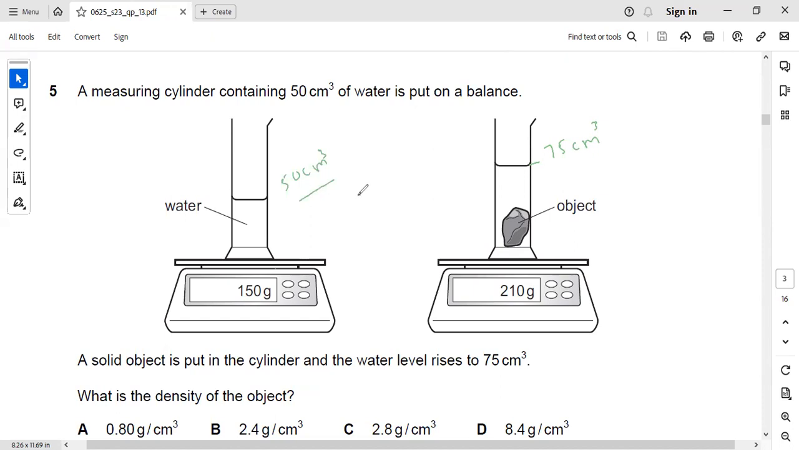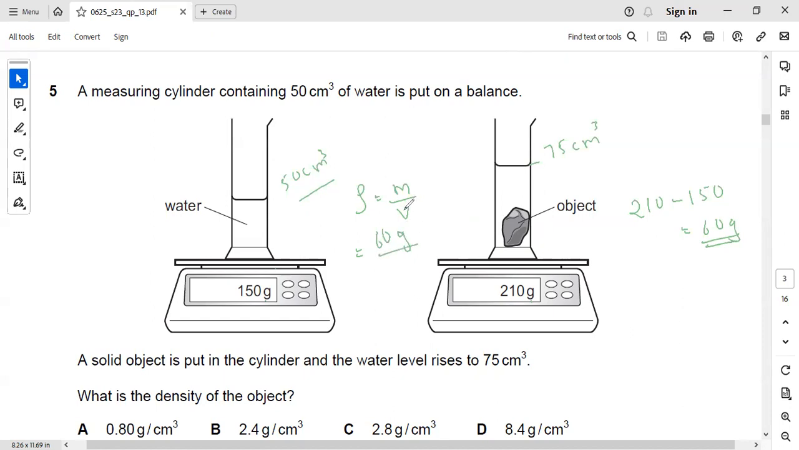How can we find the density? Density will be equal to mass divided by volume. So what is the mass here? Here it is 210 and here it is 150. So 210 minus 150, that is equal to 60 gram. So the mass is 60. Before keeping this object, it was 150. After keeping the object, it is 210. So when you subtract, you get the mass of this object, that is 60 gram,